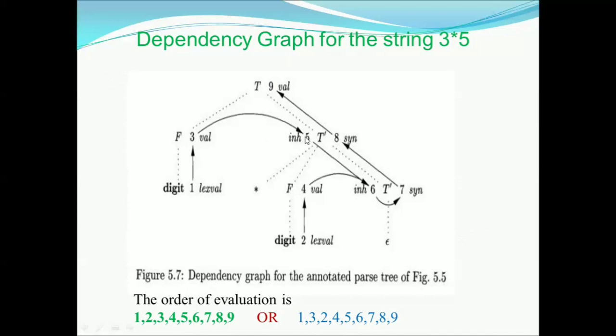You can observe that if I want to execute 5, I must have executed 3. I cannot execute 5 without executing 3. That's why it is called n1 less than n2. So similarly, once I execute 3, it